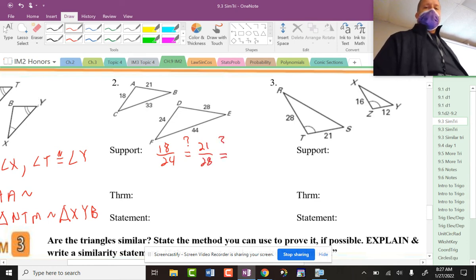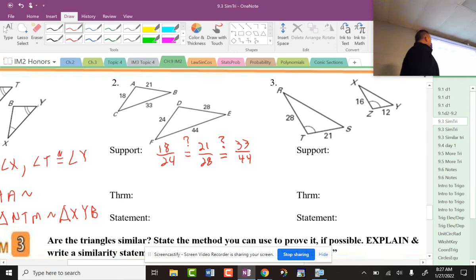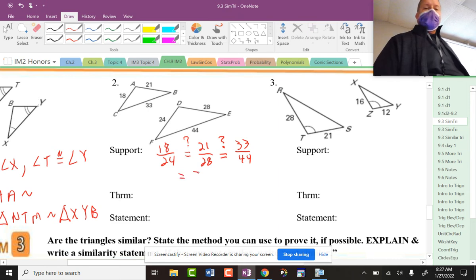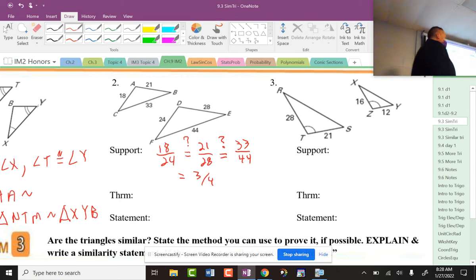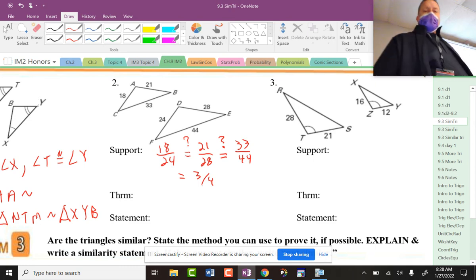And then equal, maybe, 33 and 44. The 2 largest sides being compared. 6, 12, 18, 24. These are all equal to 3/4. 21 or 28, 7 goes in each one and ends up with 3/4. And then this one, 11, goes into both of these and ends up being 3/4. So you can say 3/4 does equal 3/4, which equals 3/4. So this is yes by SSS,